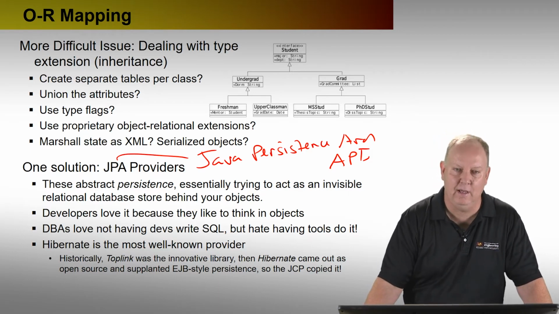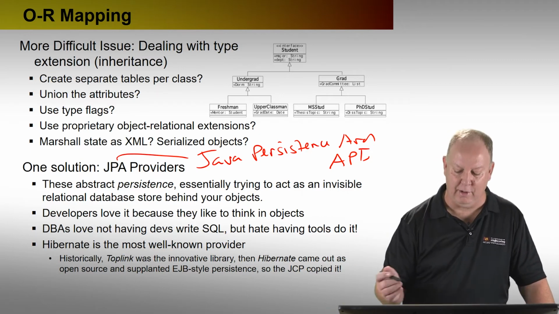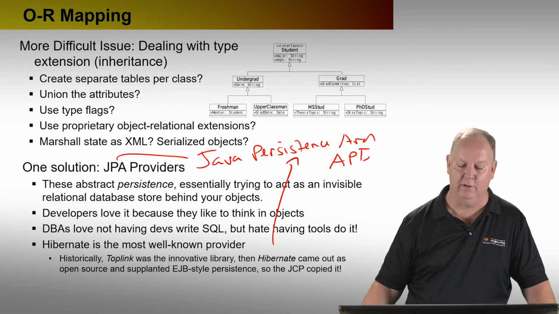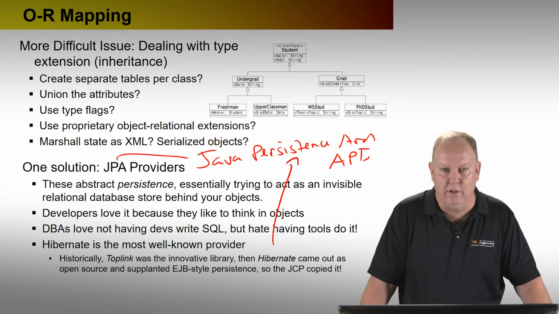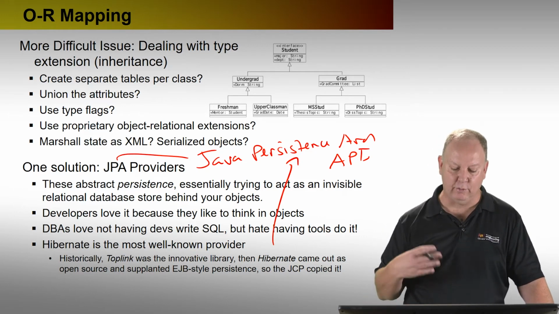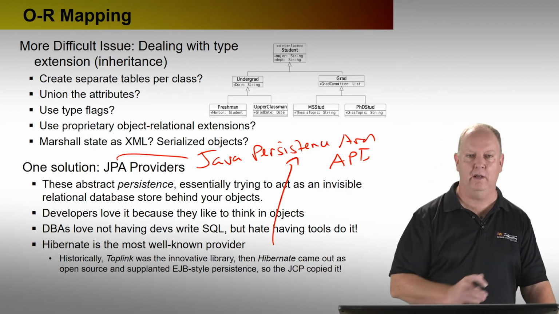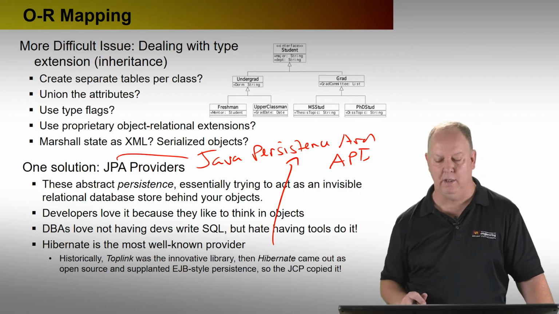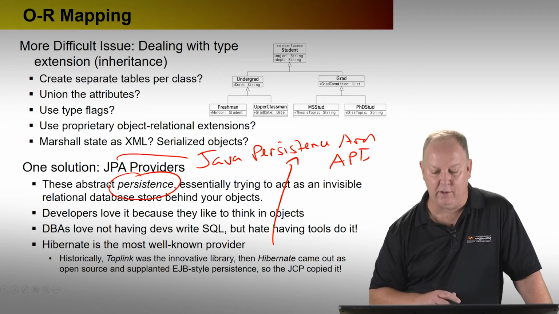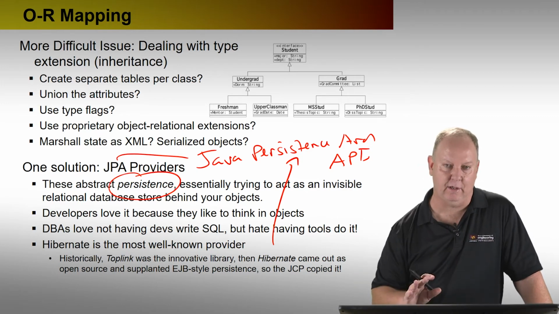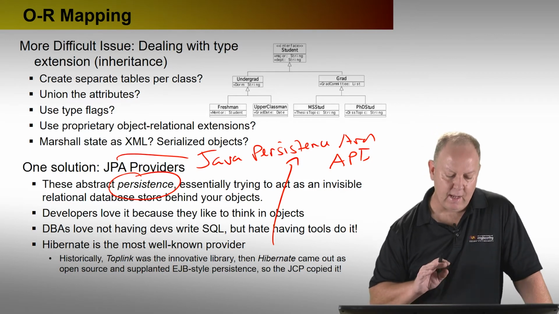Just like JDBC, JPA as a specification does not provide code. It provides the specification, but Hibernate is the primary provider. It's called a JPA provider now of the specification. So typically if you're using Hibernate, you are JPA compliant in the first place. So that's what kind of thing Hibernate will do for you. It has tools to help you. You can start with a relational schema and generate an object model. You can start from an object model and generate a schema. It generates the queries. You abstract persistence, so you have API calls inside of Hibernate that basically let you persist that object graph, worry about things like caching and the like that we'll talk about in a little bit.